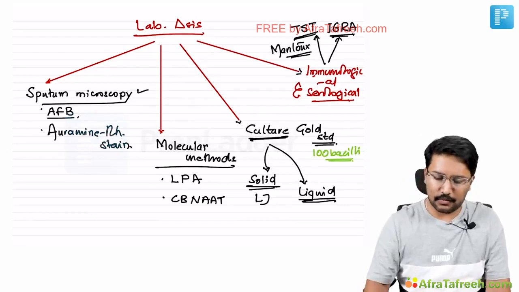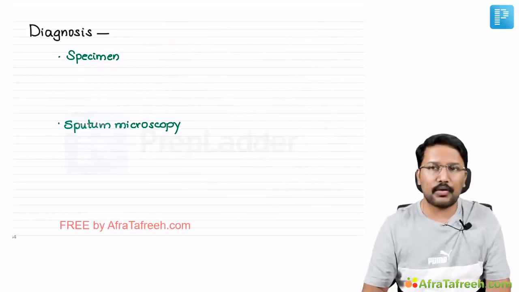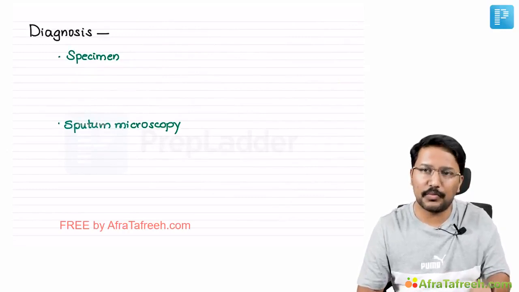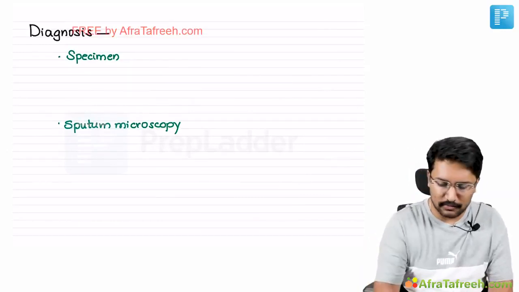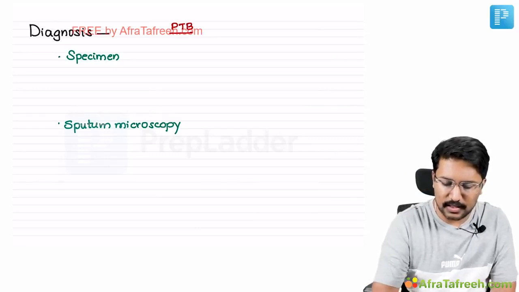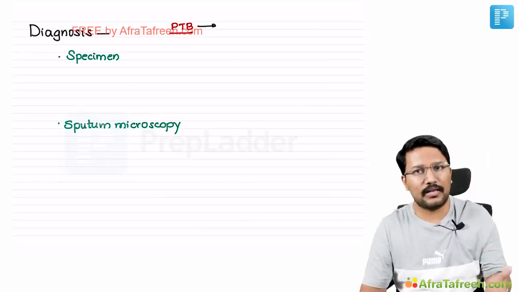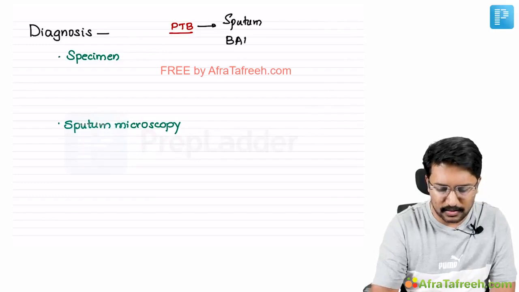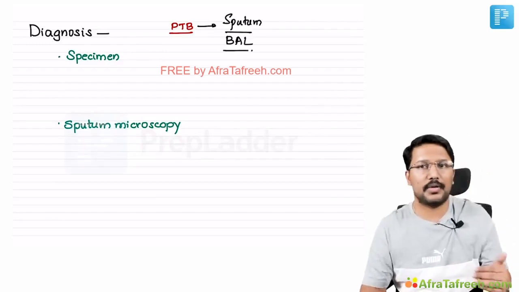Now, as I've already told you, the most important MCQ that you might face is, what is the ideal specimen for diagnosis of a particular organ tuberculosis? For example, if we talk about pulmonary tuberculosis, what is the ideal specimen? You can definitely consider sputum. Sputum is one of the specimens, and you can also consider bronchoalveolar lavage, particularly when the patient is not able